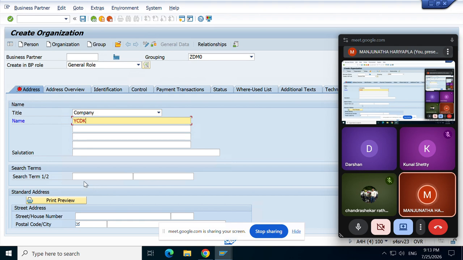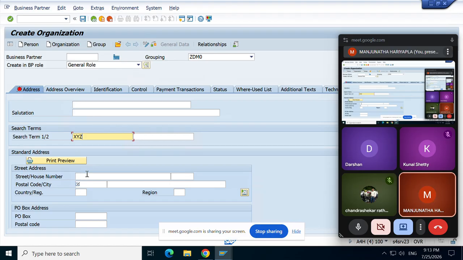So then you can say I just call it XYZ for identification purpose. So here I can give the name of the vendor, I mean the street. So nearby, I'm just giving a random one for identification. Okay, generally when we're creating a vendor, we'll collect the vendor address details, the door number